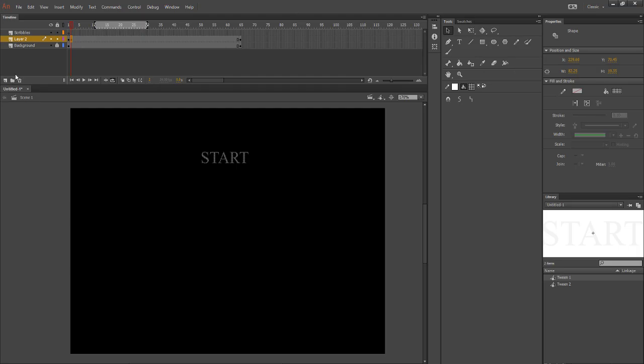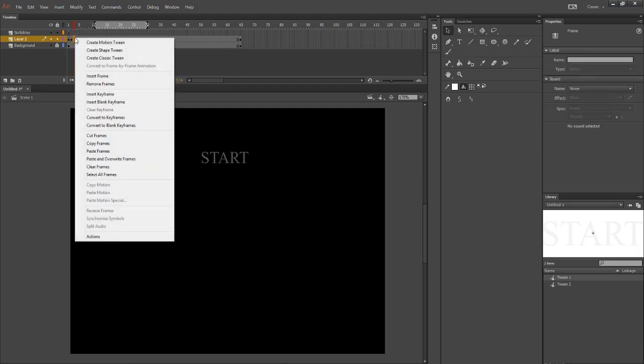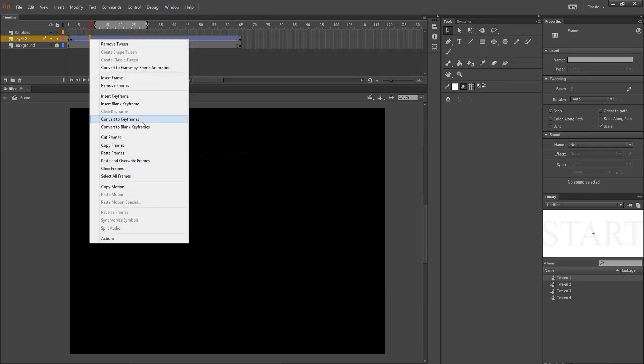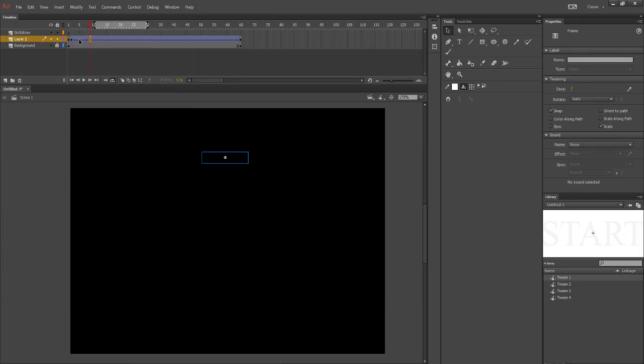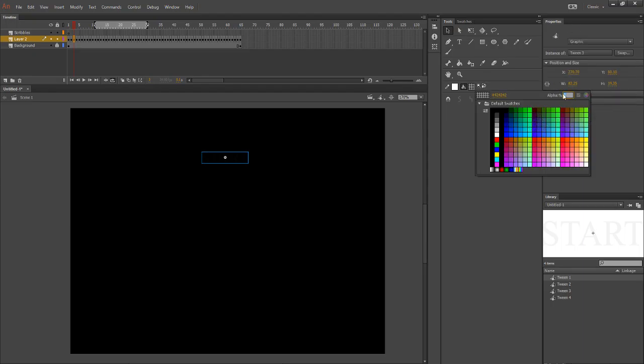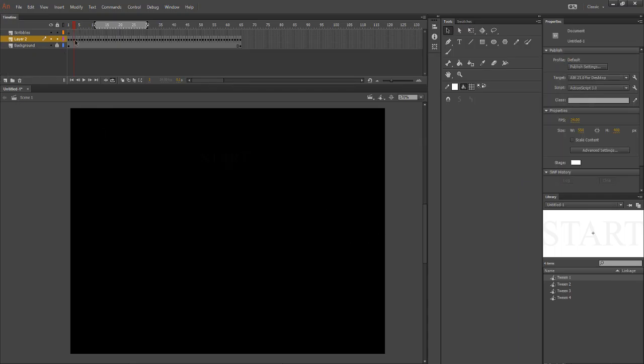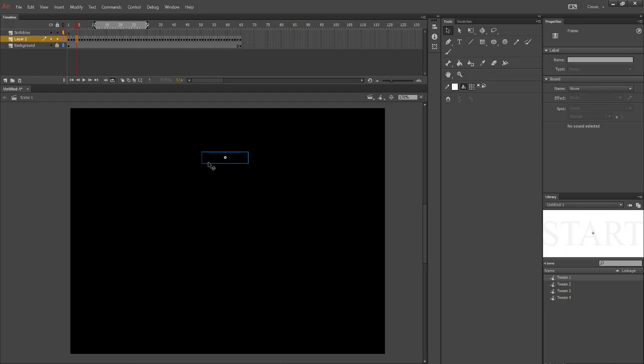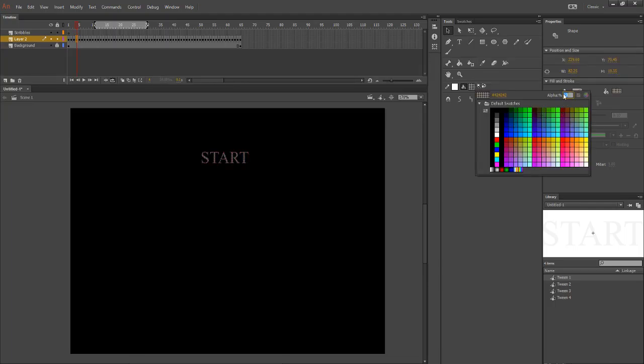One, 5. Next frame. Let's just convert to keyframes. There we go. Simpler that way. Alright. This one we're going to make 13. Click. This one, break apart. You're going to be 24.